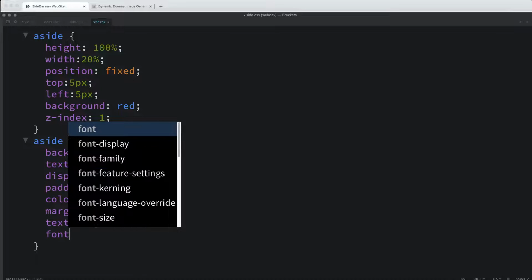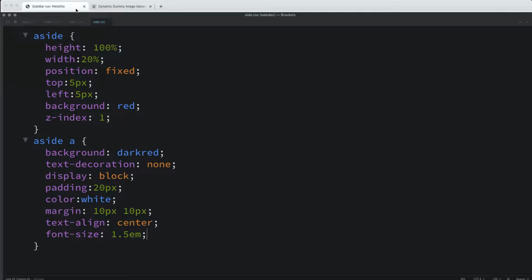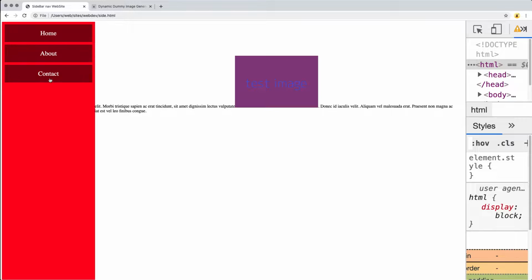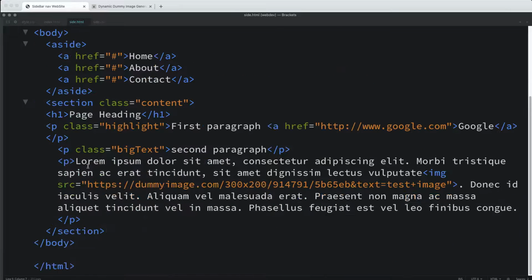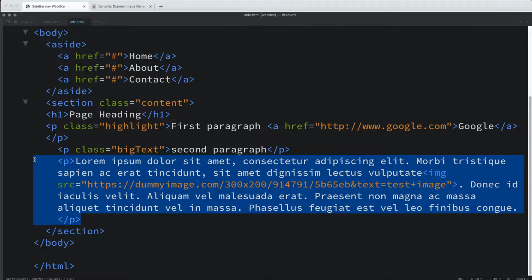And setting up a font size so that they're nice and large as they get displayed on the page. So notice that the content is being overlapped by the side menu. So let's update the content, and we can handle this by updating where this content position is by updating its margin. So let's go back into our page, and I'm going to actually duplicate so I've got even more content